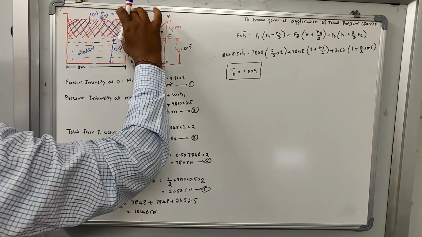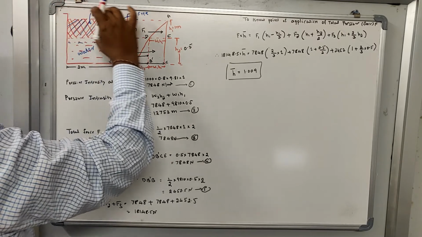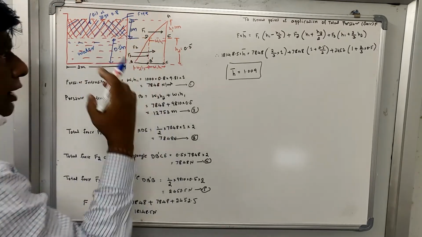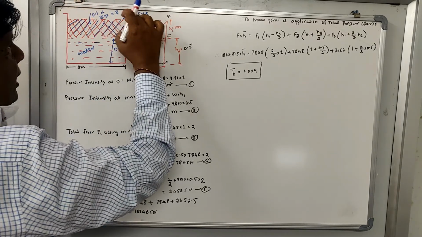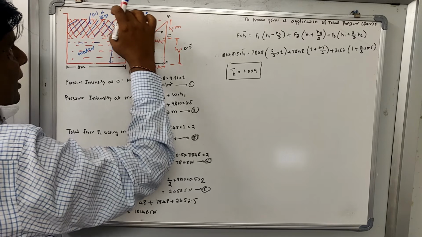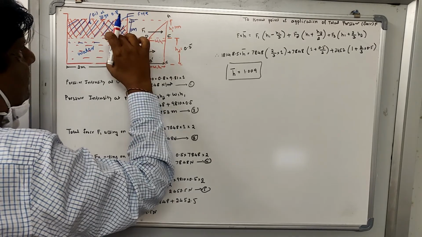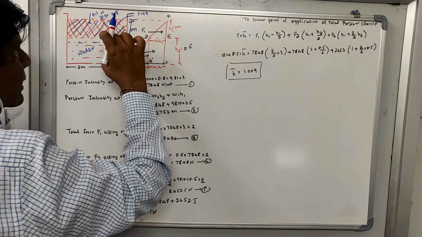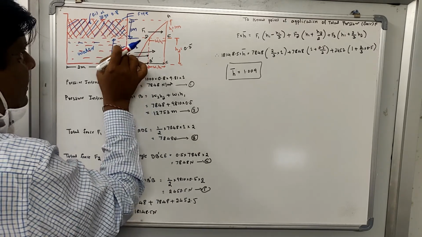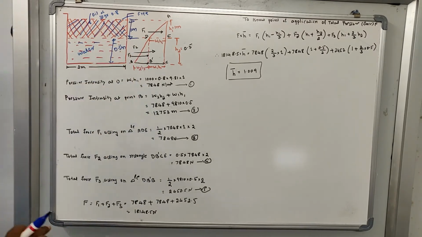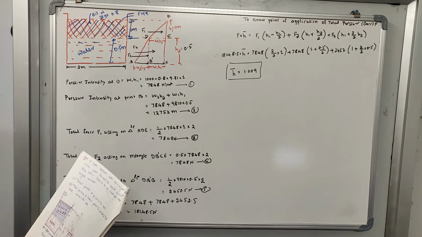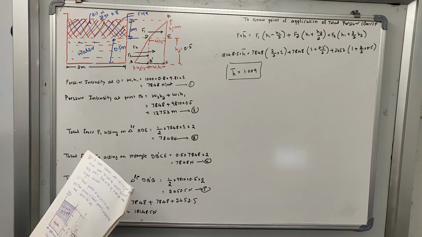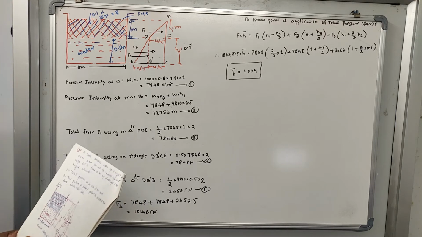So the first layer is oil. This tank consists of two types of liquids. The first layer of liquid is oil having specific gravity 0.8, and its depth is 1 meter, and the second layer is water, and its depth is 0.5 meter. Oil of specific gravity 0.8 and 1 meter depth is filled on top of the water, and the remaining portion is filled with water.